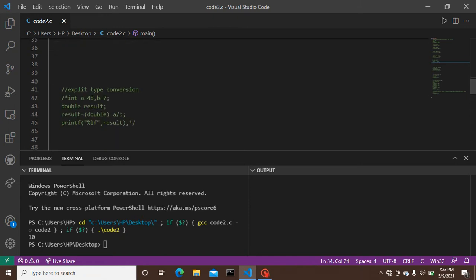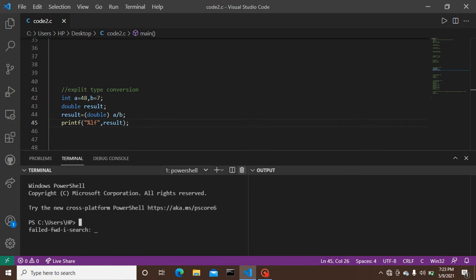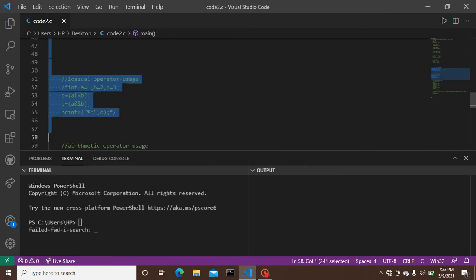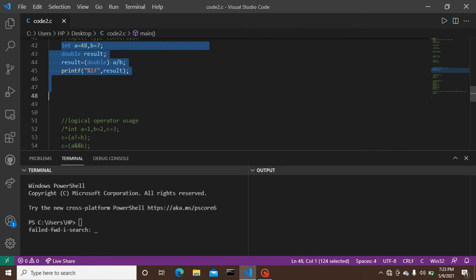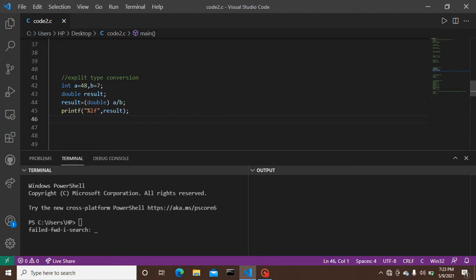Here, let's see other code which is of explicit type conversion. Everyone able to see this? Here it is. This is a code for explicit type conversion that has been made by the user itself to run the code according to their preference of declaration. Next, when I run this code,